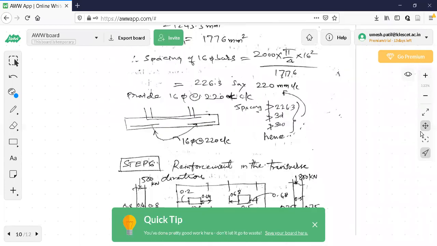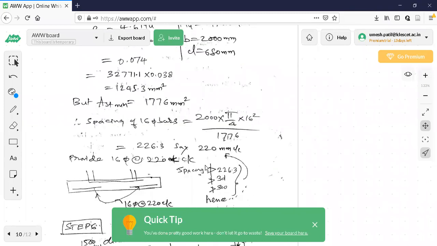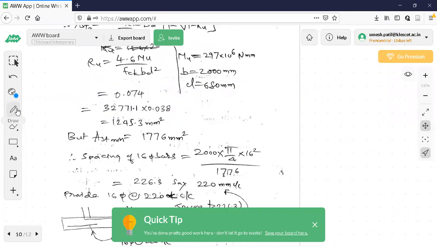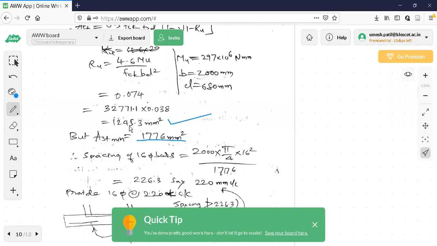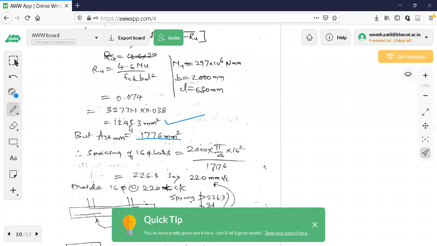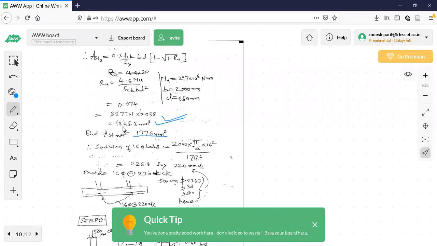Important observation here is, see this one. Sometimes you end up with minimum more than whatever the bending moment is giving. This has to be carefully observed in the examination. Usually what a student does, he will not bother about calculation of AST minimum, directly he uses this steel. That should not happen. If this value is more than this, you can use that.